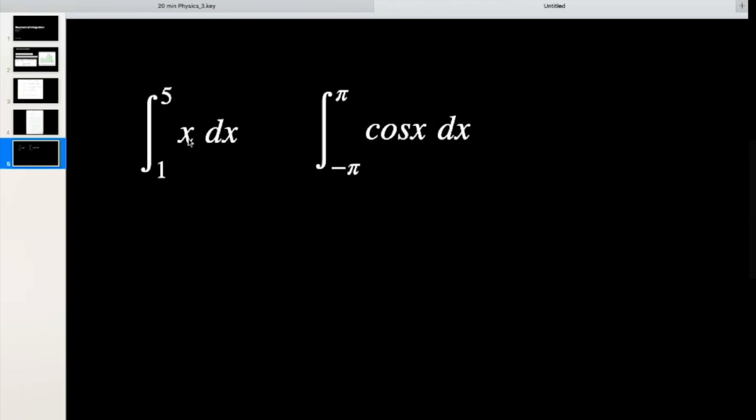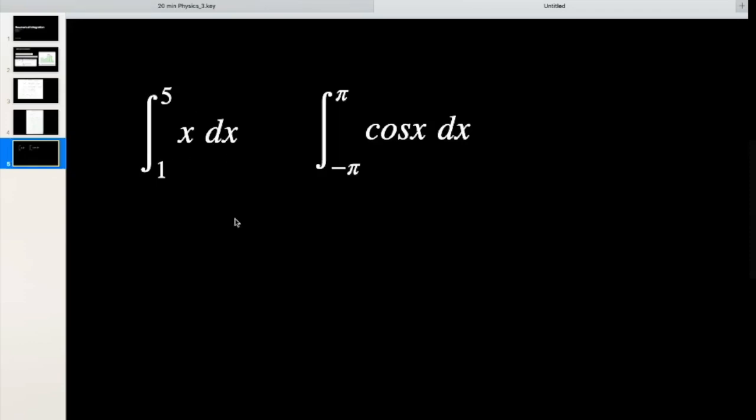This is a very simple integration. You can solve it analytically. The integration of x dx is x square upon 2. Do remember the function is linear, but its integration is parabolic. It is second order, x square. And you can put the values here. If you do it analytically, the answer will come as 12.